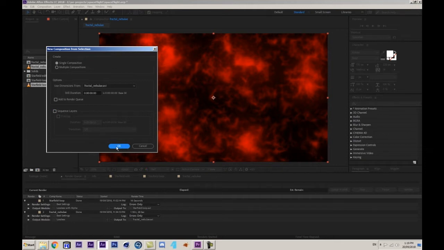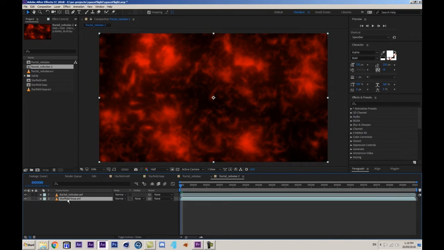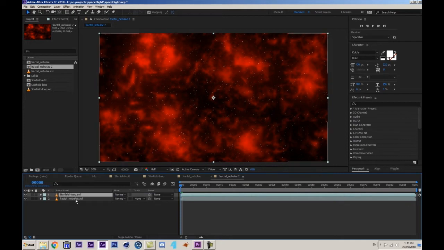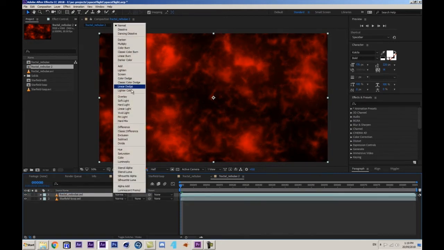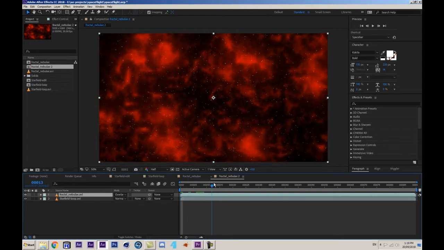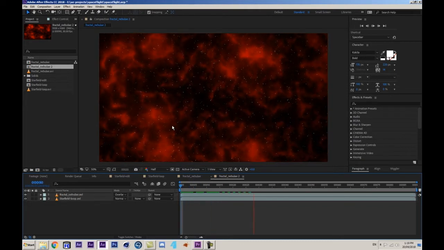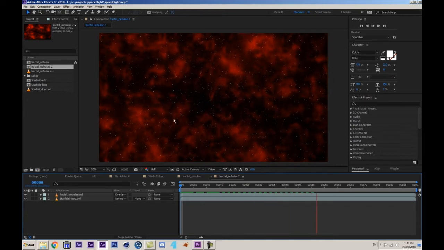So let's hit OK, and now we have the Fractal Nebula and our star field loop. Let's bring this on top, or maybe we can leave this one there and use a blending mode like overlay. We'll see what's best for us. So we're starting to get some space traveling